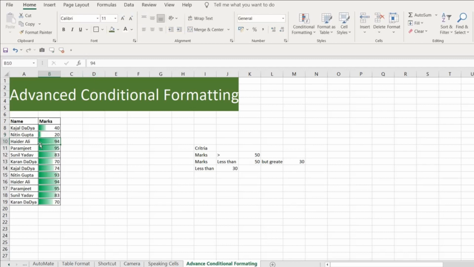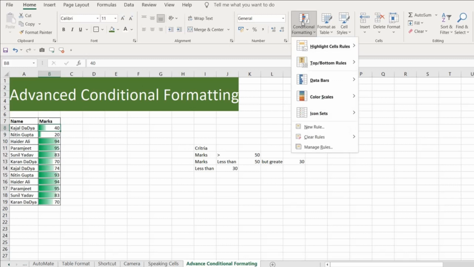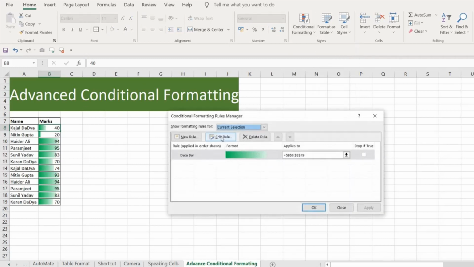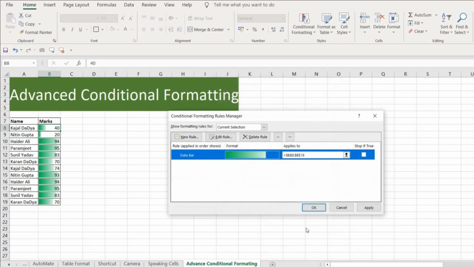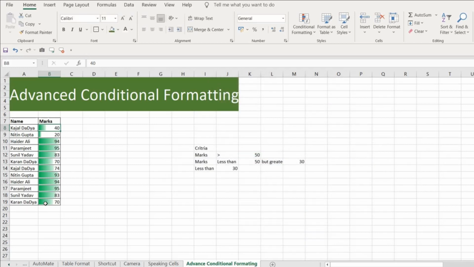You can see a bar appeared here, but not for values less than 20. It will automatically recognize the value between the range we have given and display the bars over here. Let me put one of the values to 100 and see what will happen. You see, the entire cell is displayed with a bar.